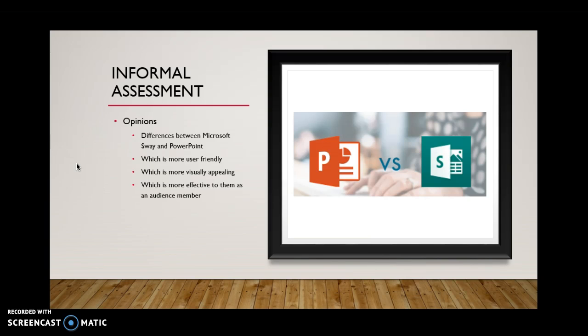I know what I see in the differences between them, but what I see is probably going to be different than what some students are going to see. So it's important to see just their general ideas and thoughts between what's good, what's bad, and the differences between PowerPoint and Sway. The second one would be which one is more user-friendly, or which one is easier for them